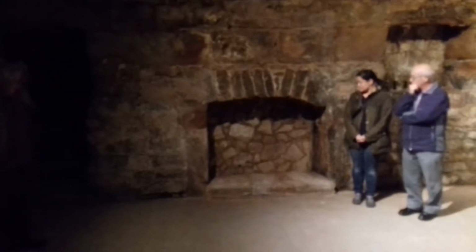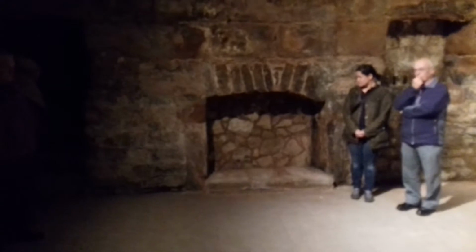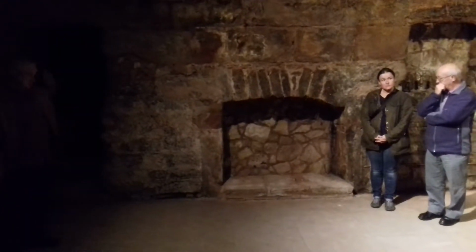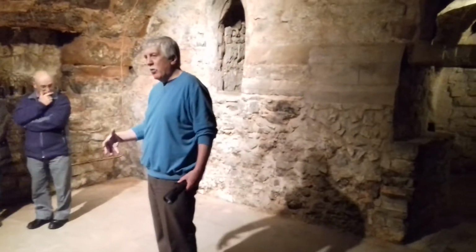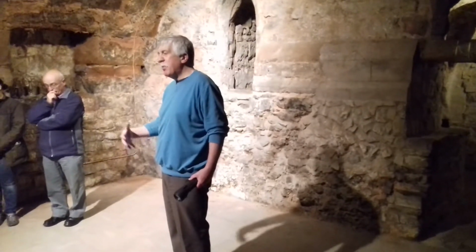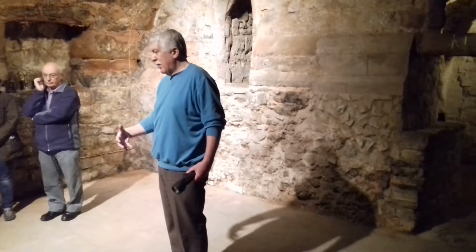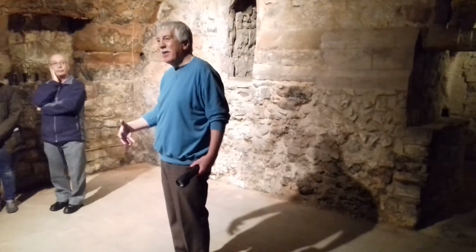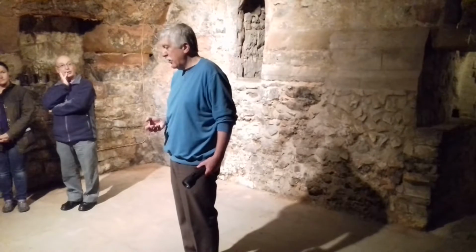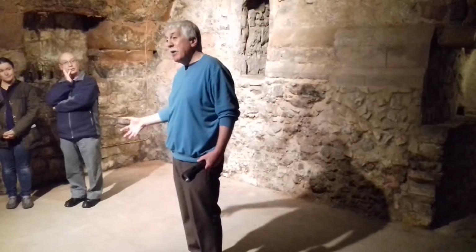So this space has the air of being possibly a church room or a church meeting room. Something which was perhaps used by the church for celebrations at religious festivals, or possibly a space which was used for collecting the church tithes. People come in and give the money that was due to the church, or the church giving that money on to the